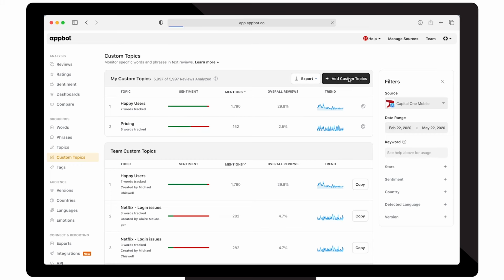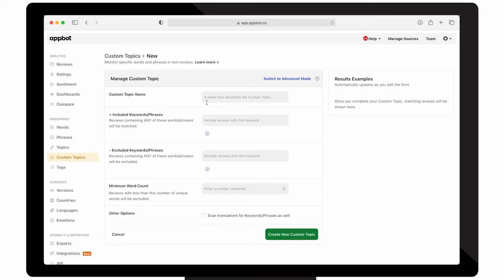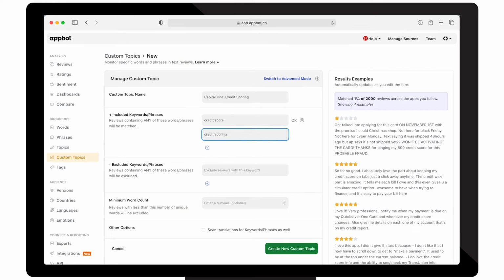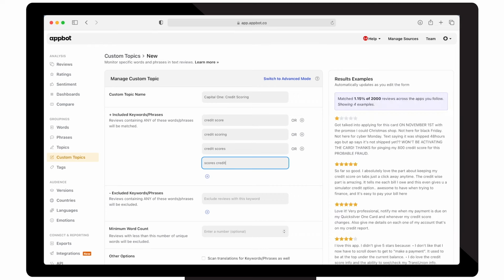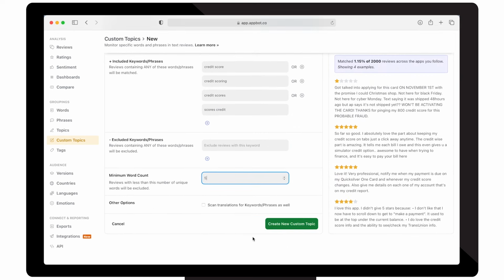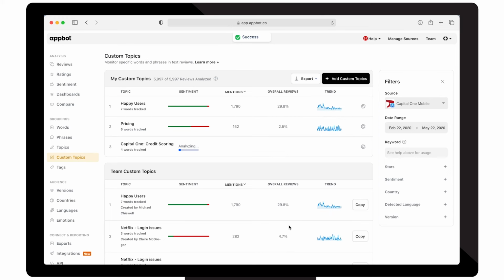Click Add Custom Topics and enter the words and phrases you want to monitor. As you do so, we'll let you know how many matching reviews there are in the panel on the right, and the results are provided in real time. Once you save your custom topic, we'll apply it to all the matching reviews in your history, and all new reviews. If you find that there are some reviews you need to group, but they're not similar enough to use